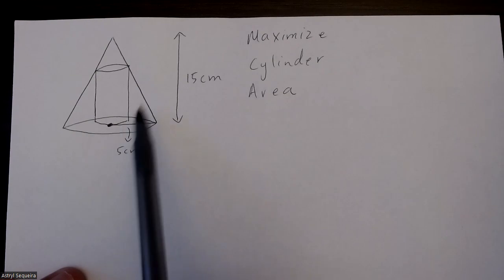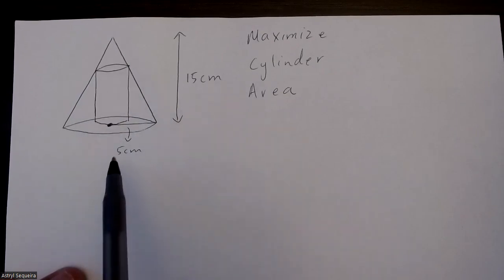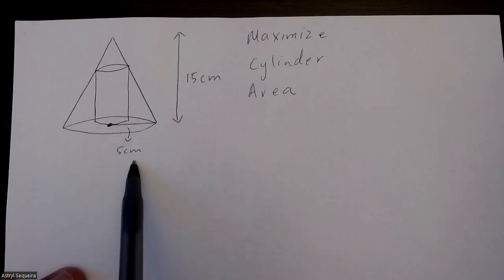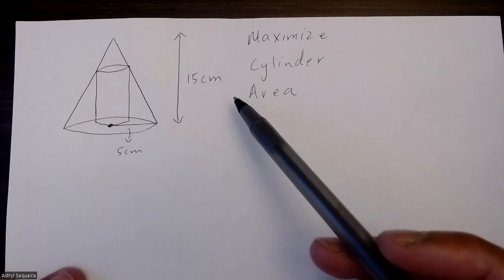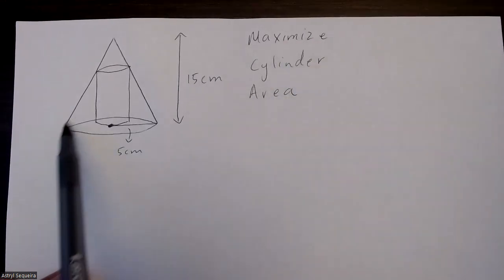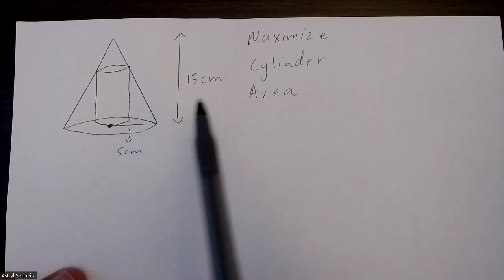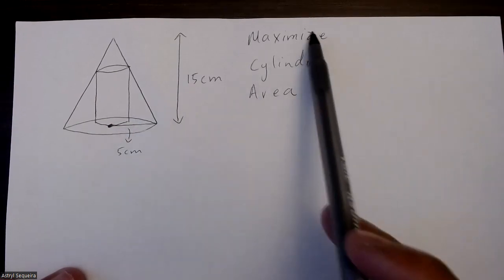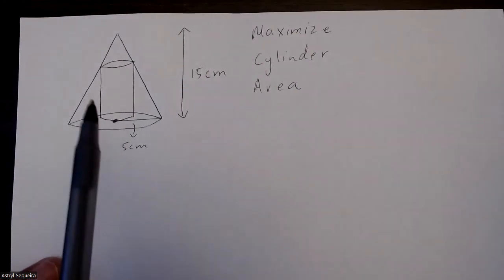All right, so we have a cylinder inside a cone. The cone has a radius of 5 centimeters and a height of 15 centimeters. And we want to maximize the surface area of this cylinder inside the cone. Since I want to maximize the cylinder's area, the first thing I'm going to do is write